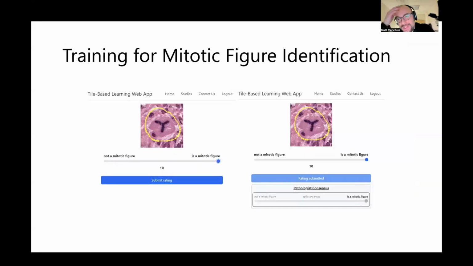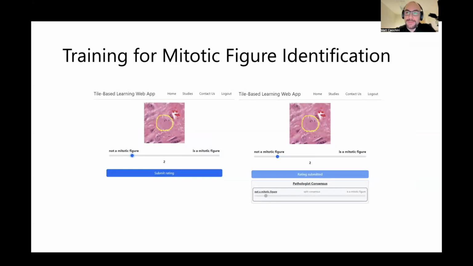Then we built this into a little training app, which we give to a lot of our trainees, where they can see these little tiles and say whether it's a mitotic figure or not. The one thing we never actually train people on is whether what they're seeing are mitotic figures or not, right? People typically just do counts on their own, and then the pathologist counts maybe a different field, and if they're around the same, we just assume they're doing a good job, right? But this way,